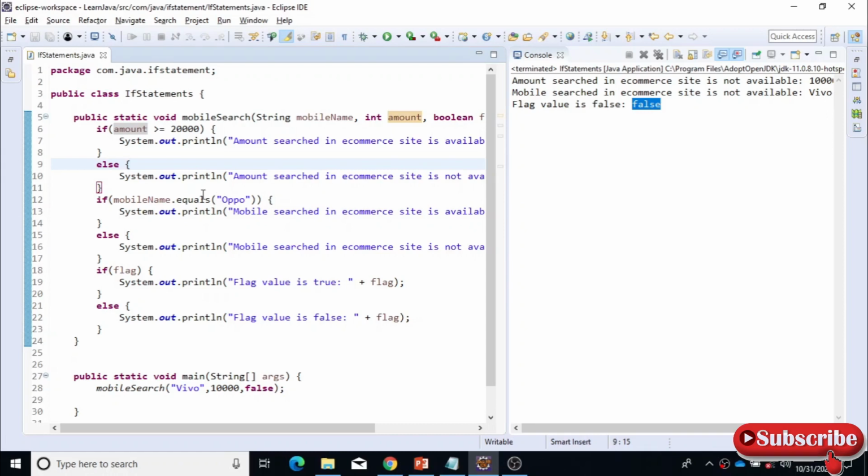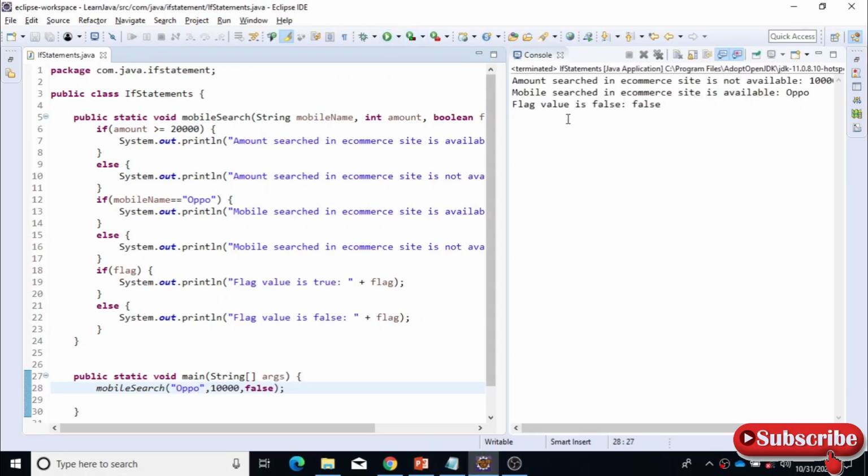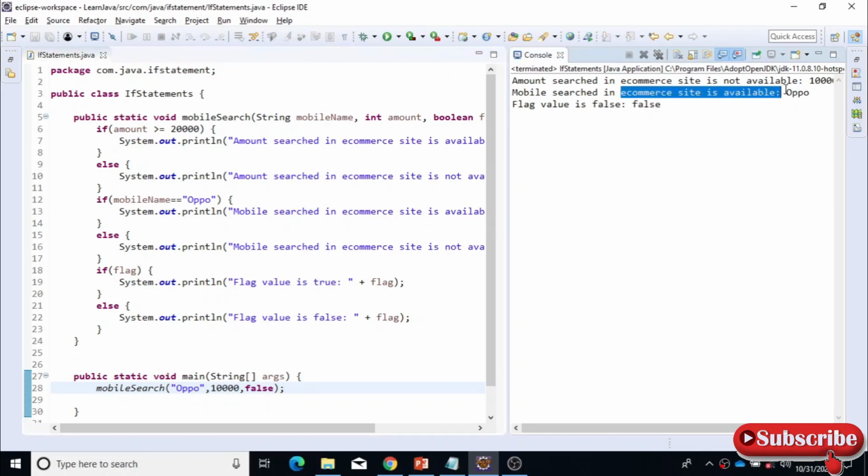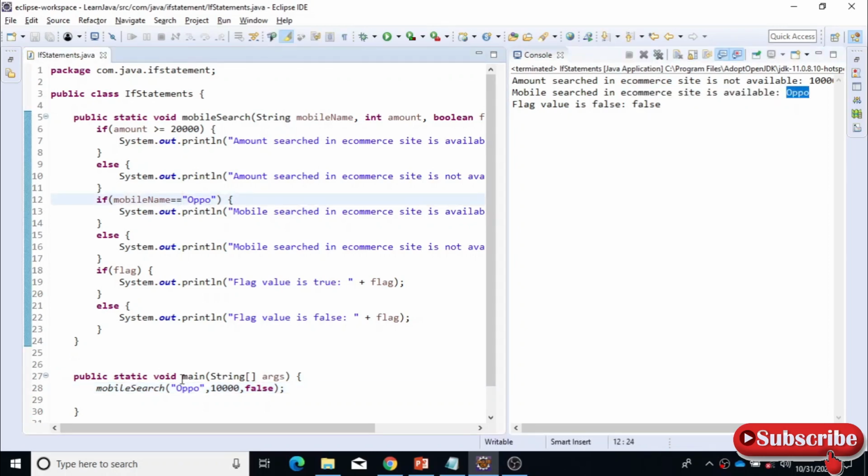And here one thing, you should not put equal to here. Okay, since if you are putting equal to for string. Okay, now if I run this program, wait, I will put here as Oppo. And here you can see it prints properly even with the equal to, because it will just check for the reference. Okay, if I am creating this value as some object separately, now this will create a space in heap, right? In this case it will fail.